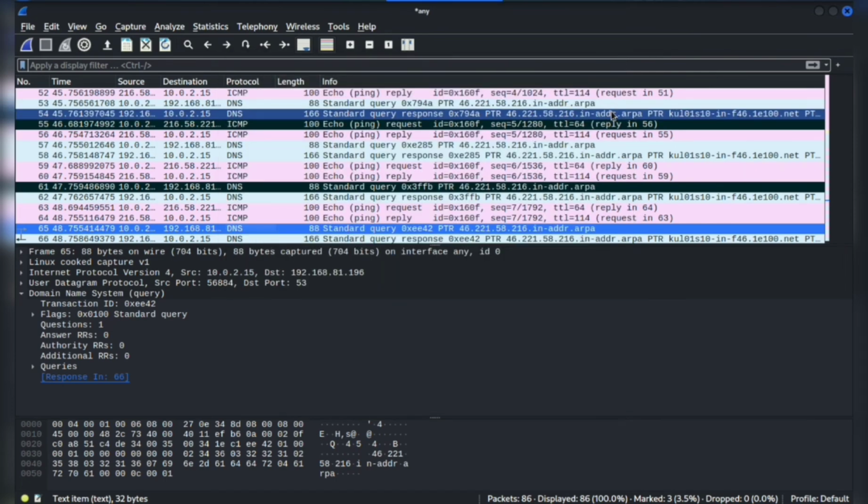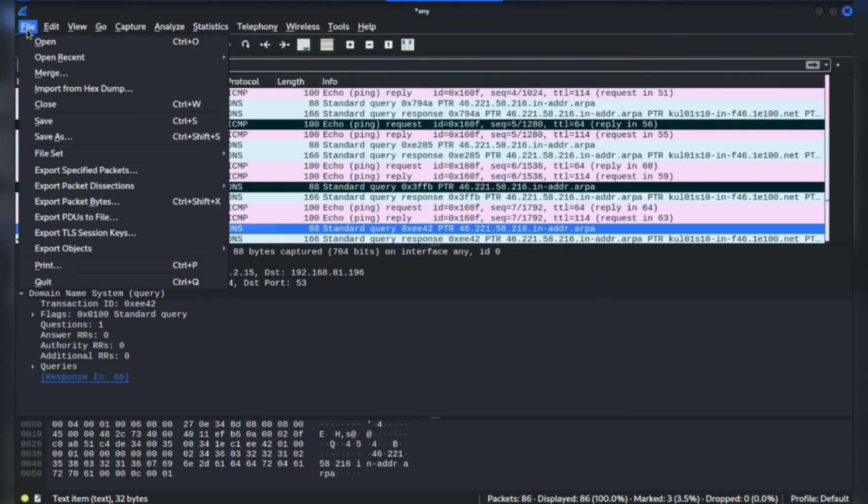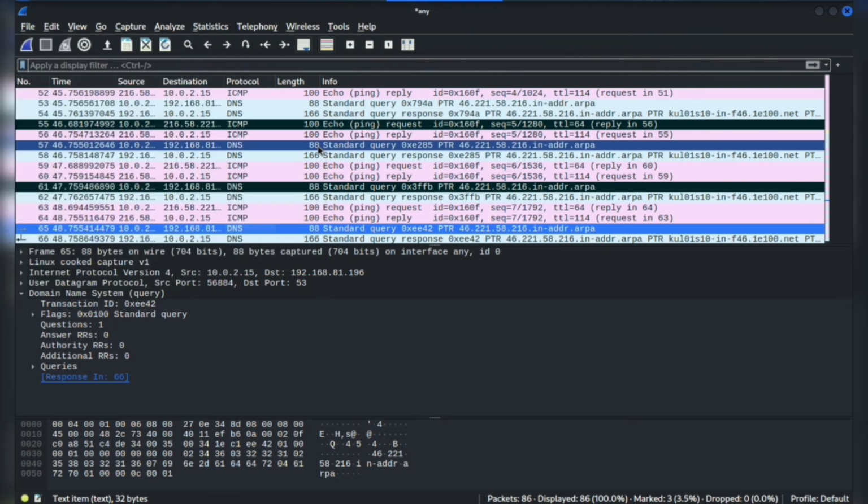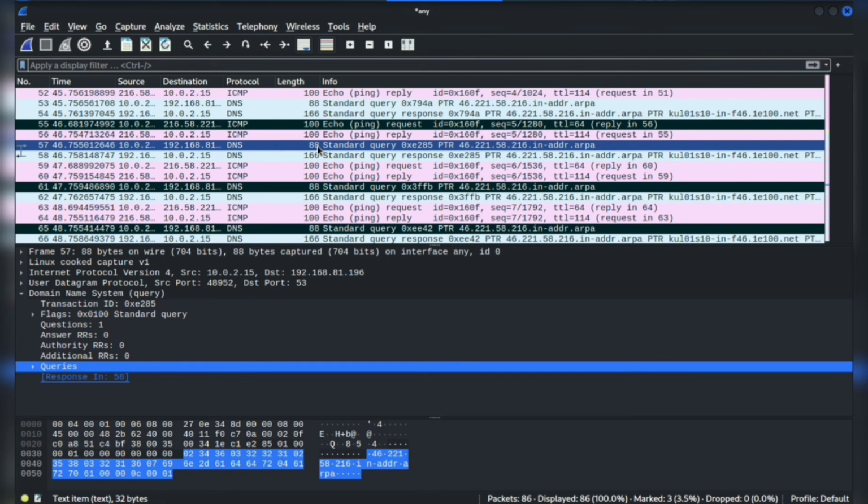In addition to saving these packets as pcapng, Wireshark also provides us other formats. You can save the file as plain text, as JSON. It all depends on your need how you have to save the file. Let us suppose we have to save the file as text.